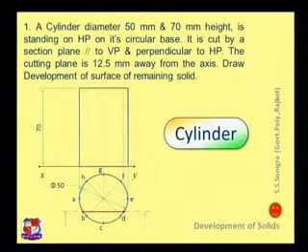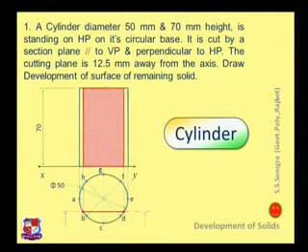Is to draw, if we cut the solid like this, then what would be its front view. So for that, draw vertical lines from these 2 points. This is point number 1, this is point number 2. From both these points, draw a vertical line. These two vertical lines would cover this rectangle, this red colored rectangle.